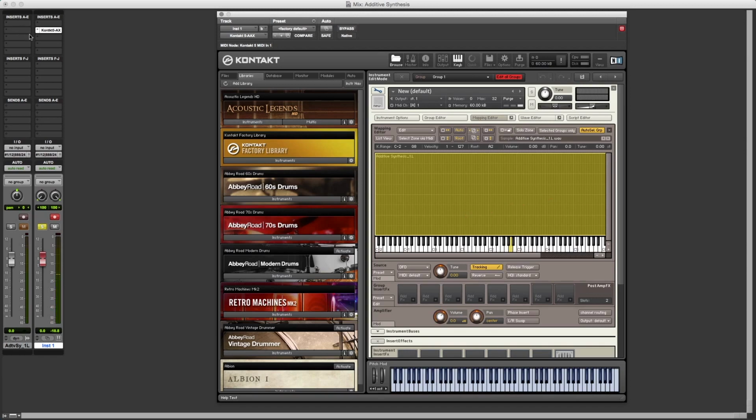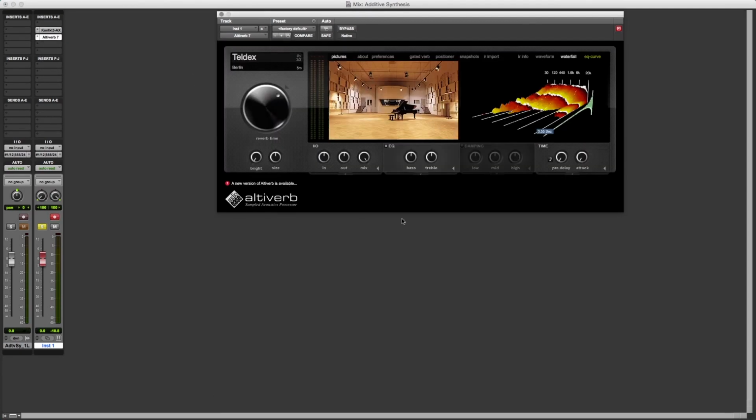To make that sound a little bit nicer, we can add a reverb to it. So let's go for the Altiverb, and I'm just going to leave it on the default program, and we'll set the mix a little bit lower than that, and a bit longer reverb time. So with a bit of sustain pedal,